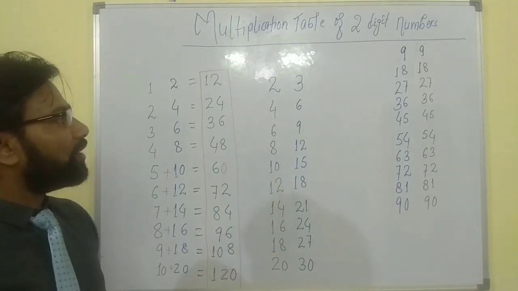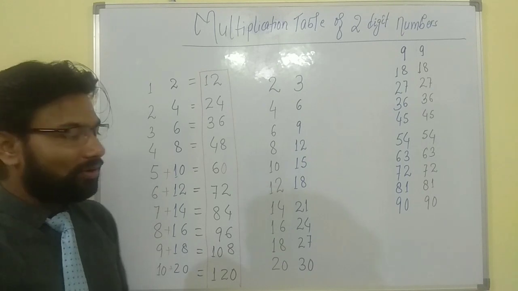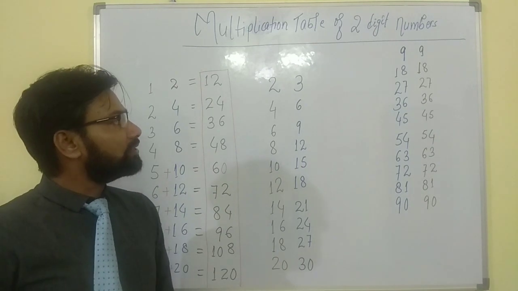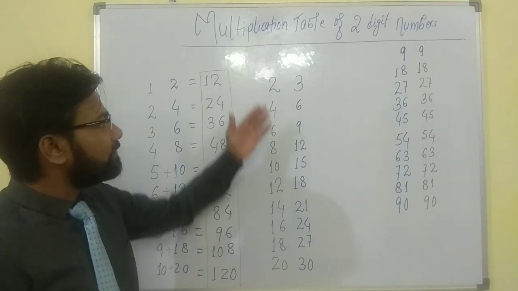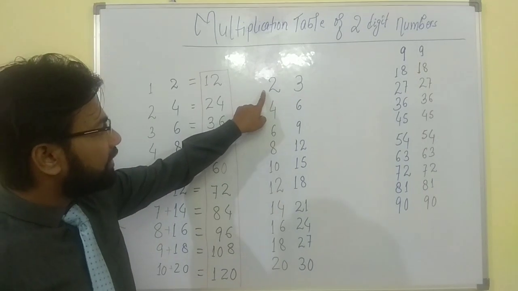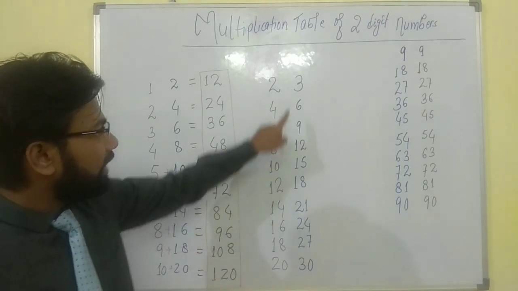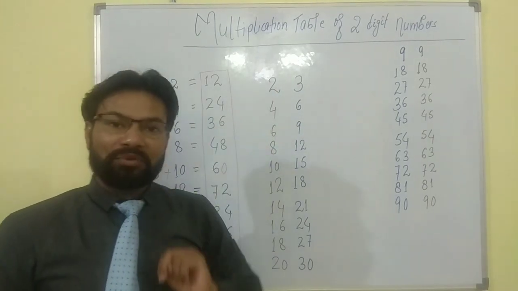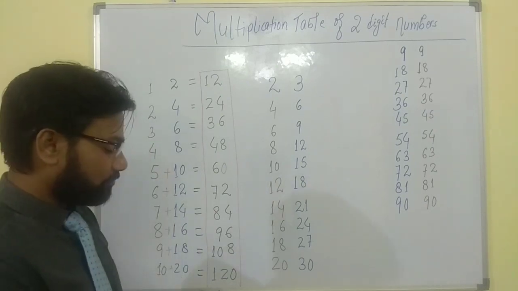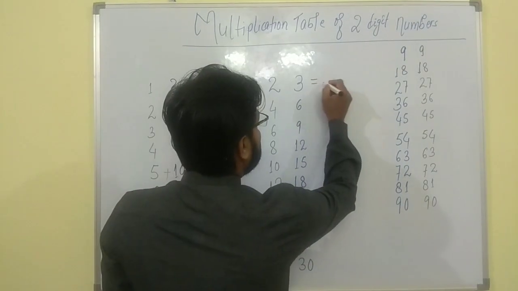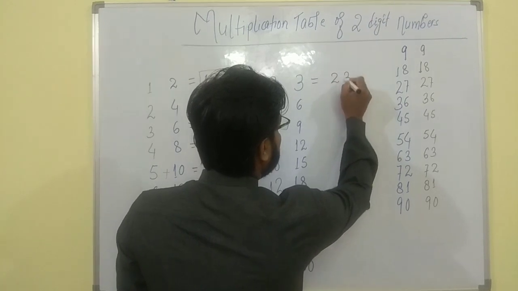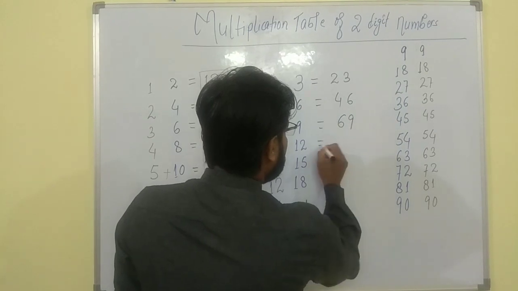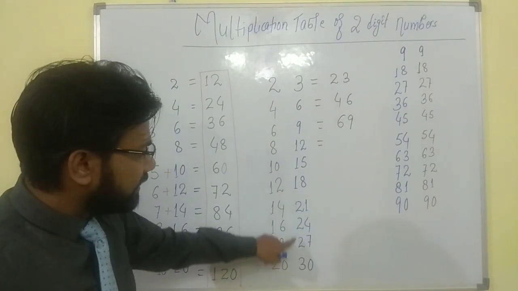We are going to write the table of 23. Under 20, most of us remember the table somehow. We'll check how to write the table of 23. As we did here, I have written the table of 2 on the left side and the table of 3 on the right side. Wherever it's a single digit number, we'll write it as it is. So 2 and 3 is 23, 46, 69, and from here we see the double digit numbers coming up.